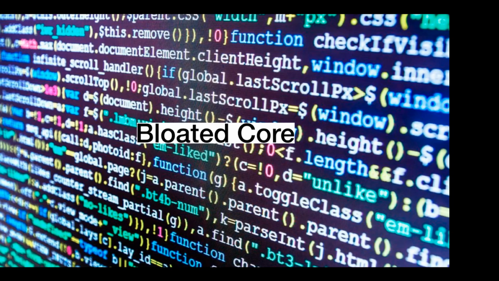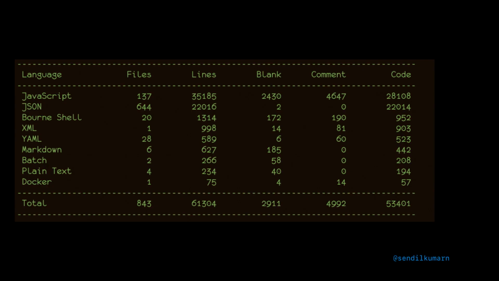But what it ended up doing is it bloated the core of our application. The generator itself is built on top of EJS, right? So it bloated the core of our templates. We have templates, and these templates are bloated now. If you want to add something here, it's really not possible to get started from day one. This is a sample of our generator, this is how it's structured. And as you can see here, it has like 61K lines of code. It's very difficult for anybody who goes inside the application and tries to do something with JHipster. For initial contributors, it makes it really difficult to understand what to do, where to do it, things like that. That's a big problem that we have currently.